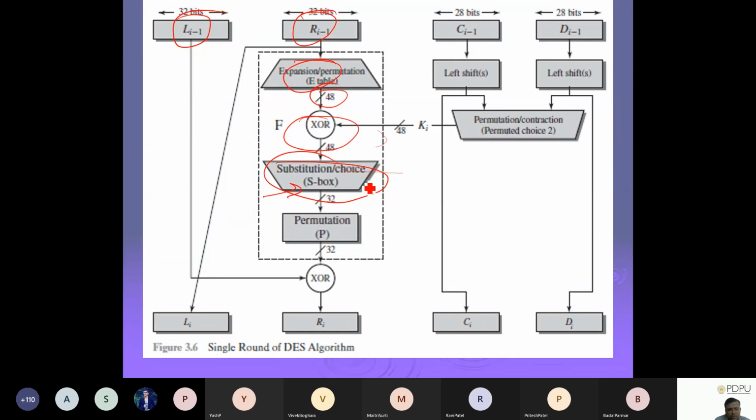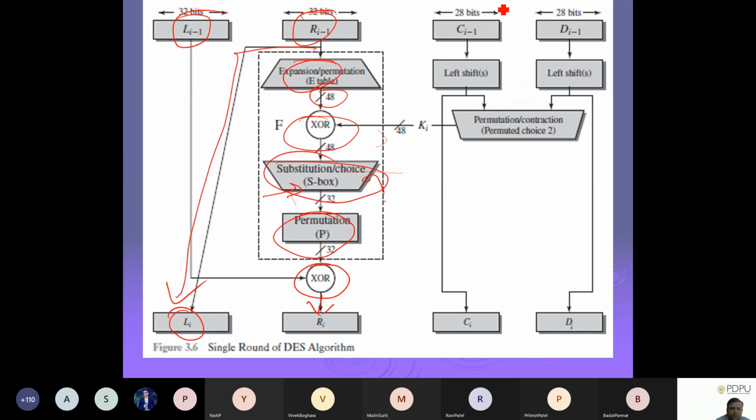So what is this S box? That's what we are going to see. And of course there is a permutation box for the 32 bits, so that when you go to the decryption side, whatever way you have done it, you have to do it inverse. At the end, the answer from here is XORed with the left part and it becomes the right part of the next round, while the left part they are not going to touch, they take it as it is.